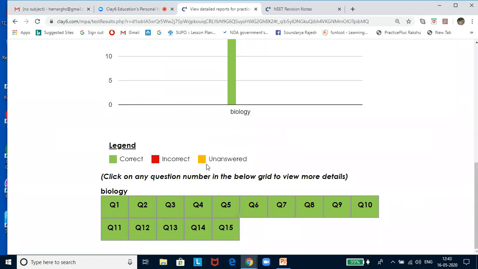One thing you have to be very careful about, kids, while you're attempting NEET, your answering has to be perfect. If you're not sure of the answer, don't tick using Inky Pinky Ponky, because it's going to cost you 1 mark from your total score. Even if it is unanswered, you're not going to lose marks, but if it is an incorrect answer, you're going to lose from the total score.